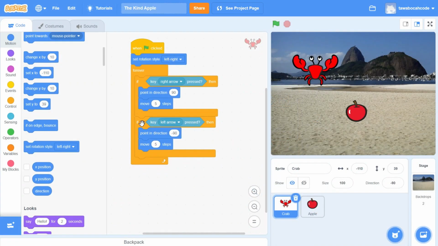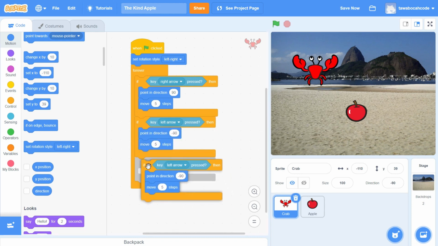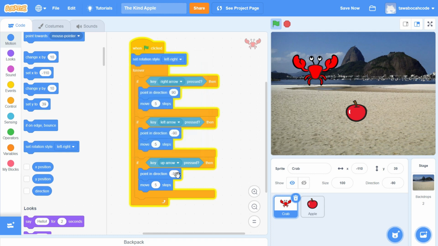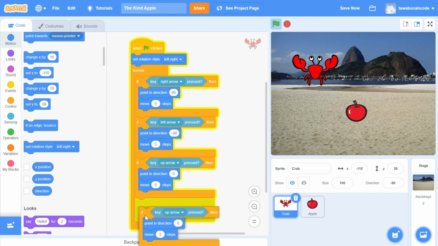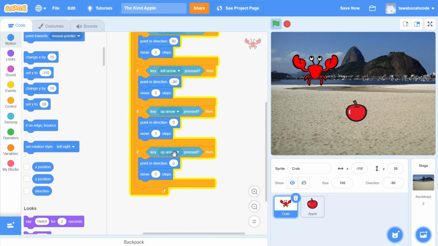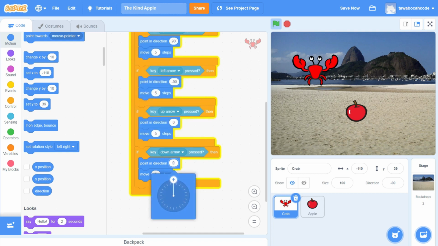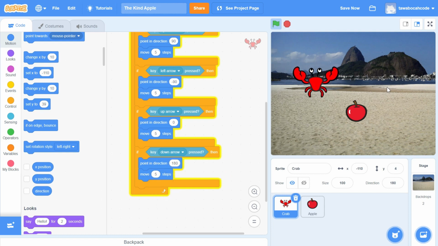Like this. Try moving your crab to all directions.